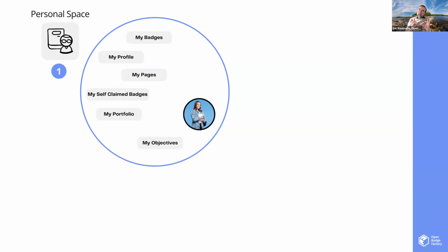So the starting point was to offer a kind of personal space for managing my badges. But very quickly,